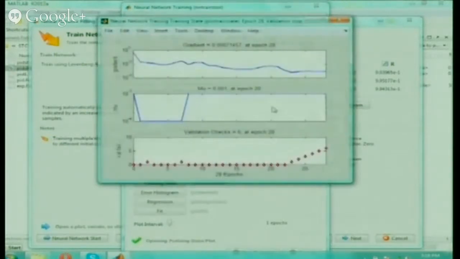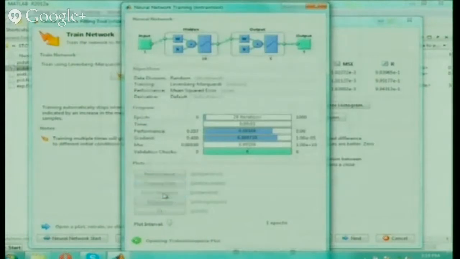So the training state, along with gradient and all, is defined here. Mostly these things are required when you apply for a paper, like when you're sending a paper, you have to give all these parameters, and I already told you the background and all. You change it, make it in a presentable form and you have to present it. Okay, next is error histogram.